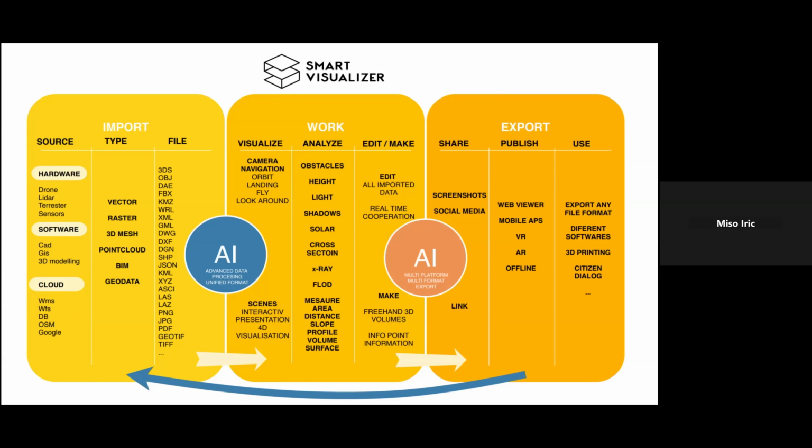There is AI in the background, a machine learning process that we have developed that can recognize those different types of formats and files, and then learn how to optimize data and how to convert data for visualization. Because those are coming from different software and different solutions, they are not always the same. So there is also a need to be able to learn about those different types and formats, and to be able to visualize them and to convert.